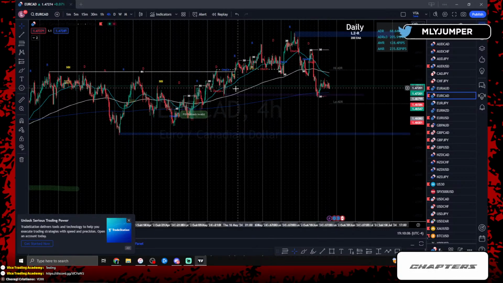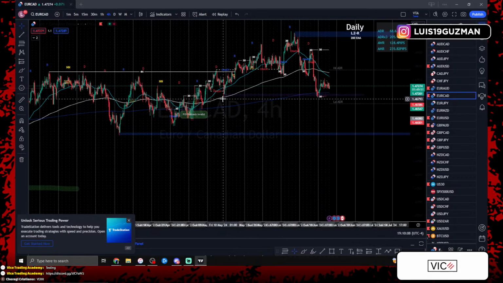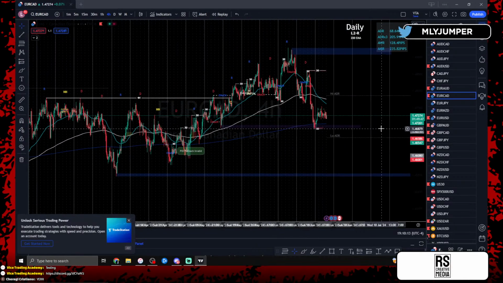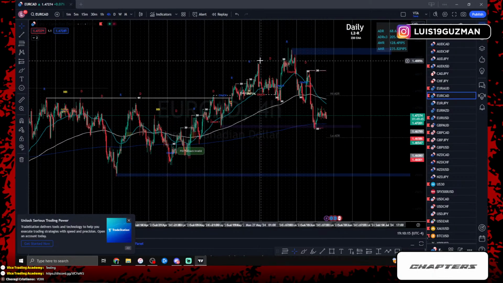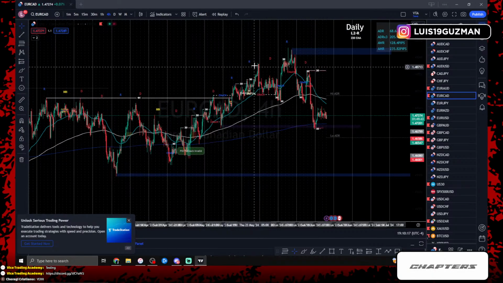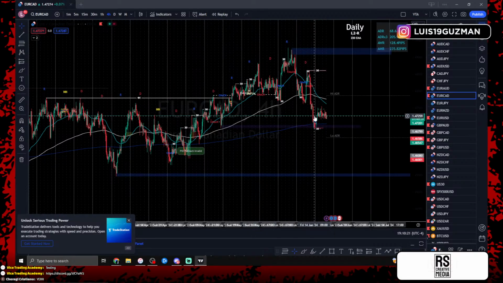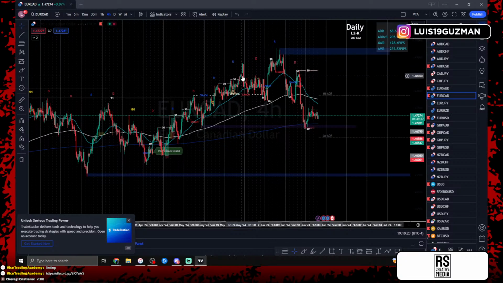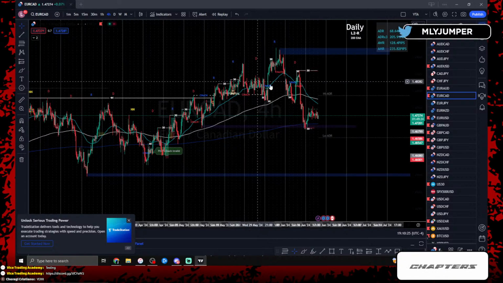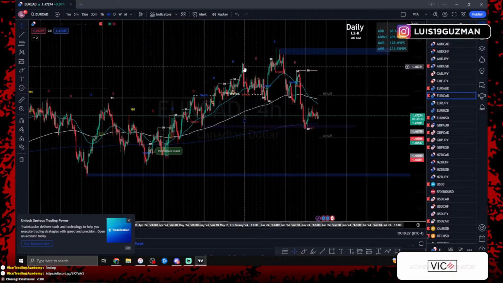Price gave us a pullback to the 4-hour point of interest, which is the last red candle before the push to the top side. We were talking about this yesterday, where a lot of people could be looking at this where this is the break, higher high, higher low, higher high, and then price gave us a change of character to the bottom side. But I just don't like how this kind of pullback started with an exhaustion red candle. I wouldn't say an exhaustion.